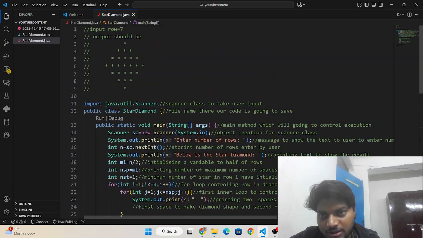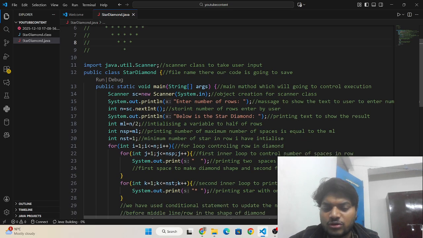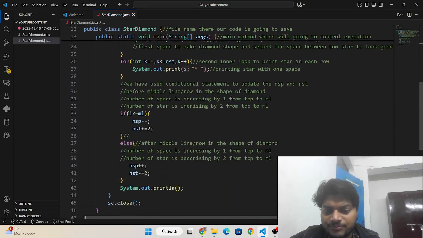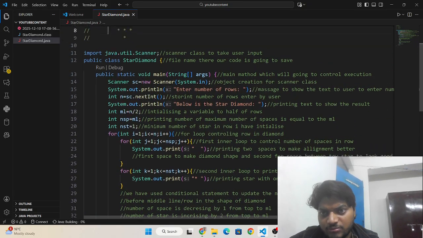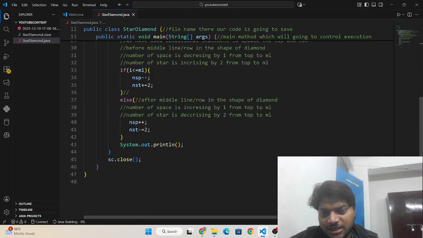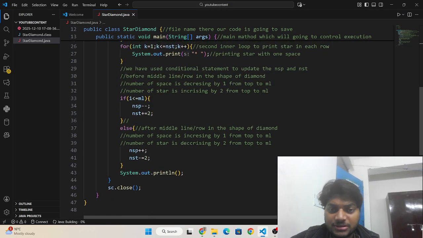You can see here we have 1 space for a star I have left. Here I have 2 stars left. Here 3 stars I have left. So the number of stars is decreasing by 2 and the number of spaces is increasing by 1.